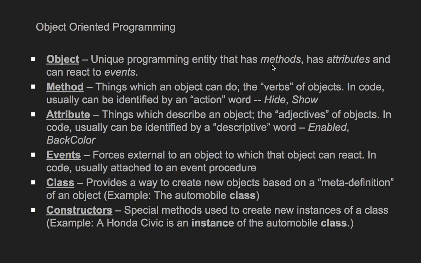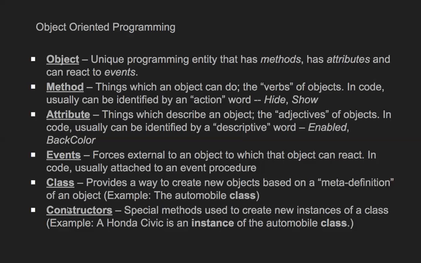If you remember, we have two different types of programming languages. One is high level language, and the other one is procedural language and object oriented programming language. So, one of the best programming languages is object oriented programming languages. We have different types of notations in programming languages like object, method, attribute, events, class, and constructors. So these will be contributing and it will make you understand what is object-oriented programming languages.